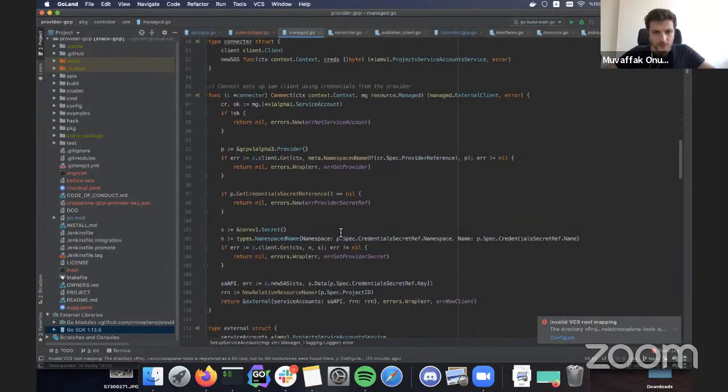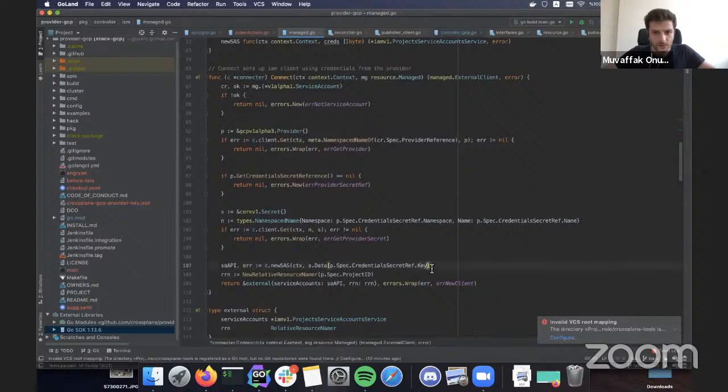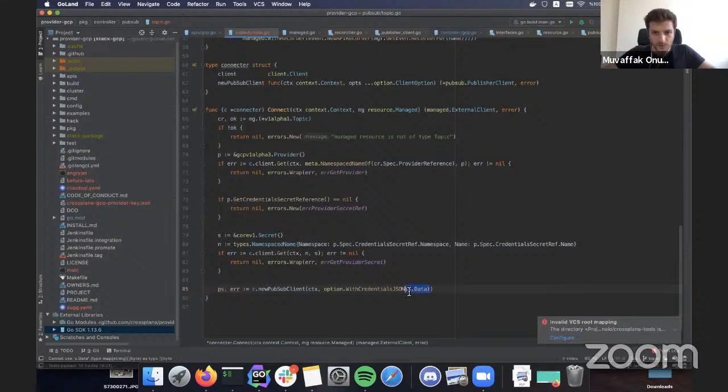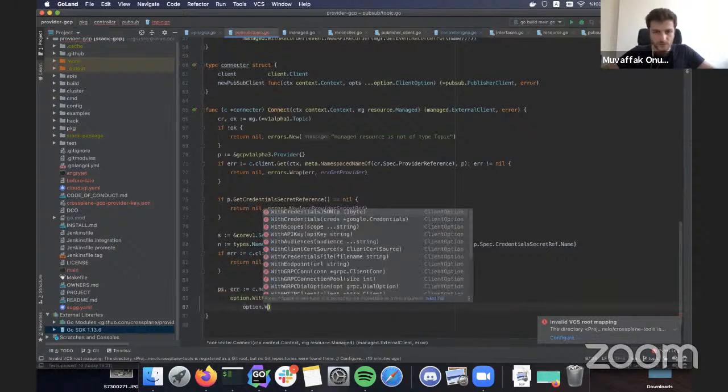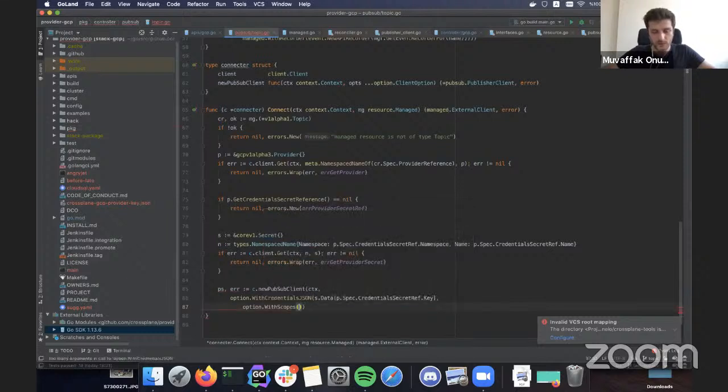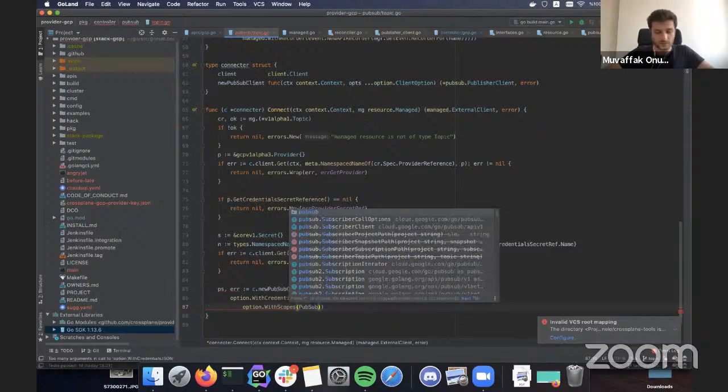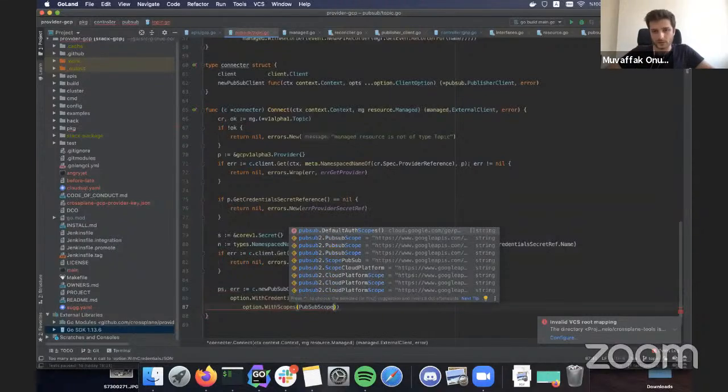What is this called? Okay, there you go. This is literally what we need. Cool. So this is one option, and we will also need another option to decide on the scope. This is not necessarily most of the cases, but it's just nice to get it scoped down, like what the client can do, if that's the only thing that it's going to do ever.